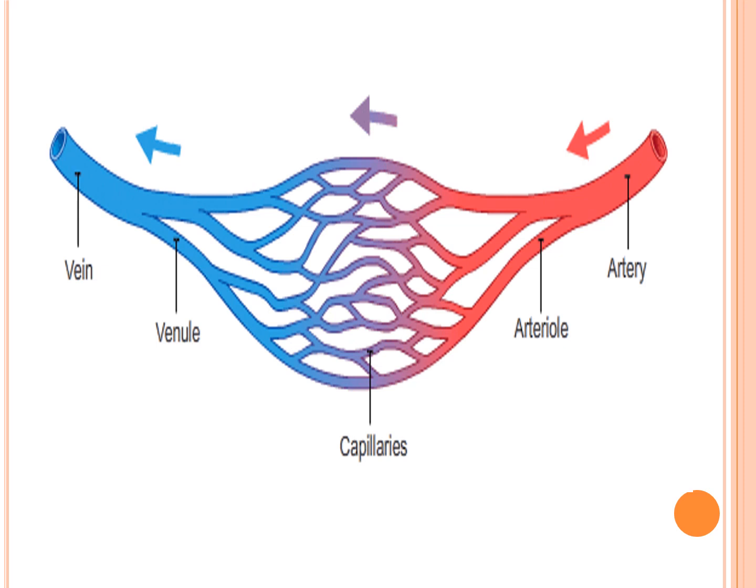Capillaries further unite together to form vessels which have a little more diameter, and they are called veins. So if you look at this picture, you will understand that the entire circulatory system is a closed system. Everything is connected to one another. Arteries divide to give capillaries. Capillaries unite to give veins. So this is how your blood vessels play an important role in circulation.